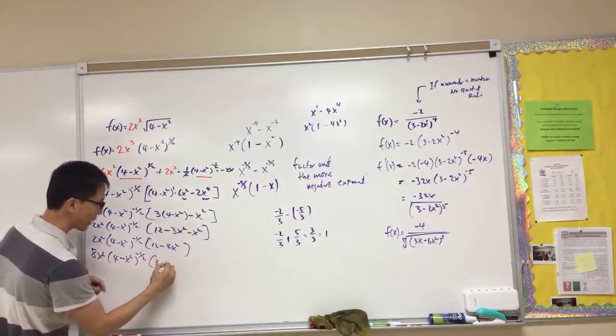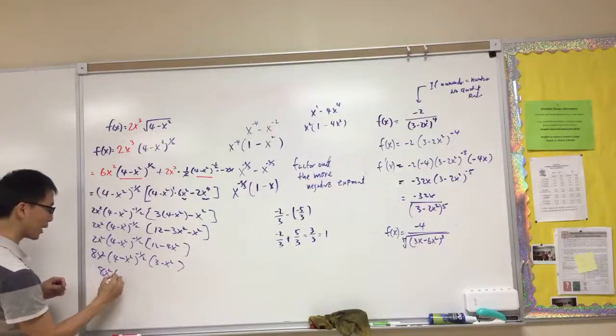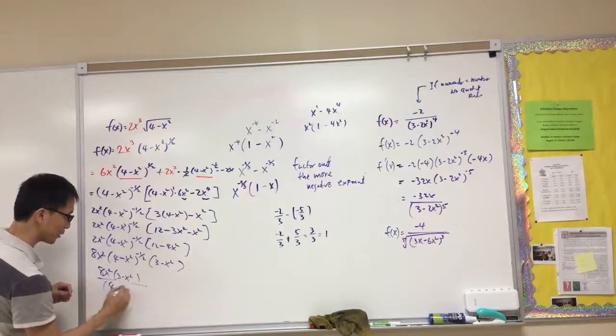So that's going to be 3 minus x squared. I can even simplify this more. So it'll be 8x squared times 3 minus x squared over 4 minus x squared to the